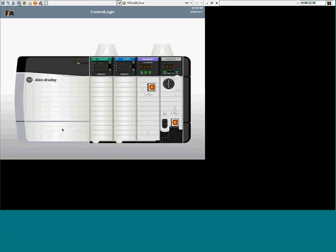Next, we'll go over to our control logic screen, which shows us the chassis that we're using to drive the demo itself. And what you'll see is all the status LEDs reflect what's actually happening on the hardware itself. So the first thing I'm going to do is toggle the input bits. I'm going to move the mouse over to which input bits, you'll notice it change, which will be on